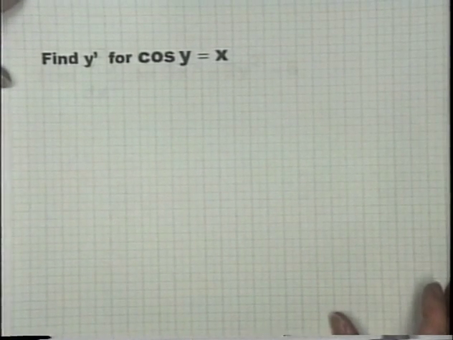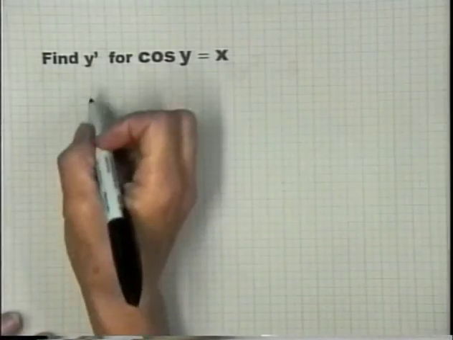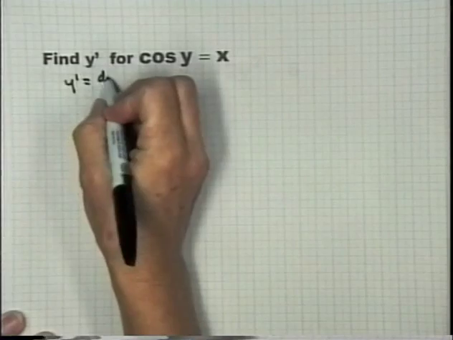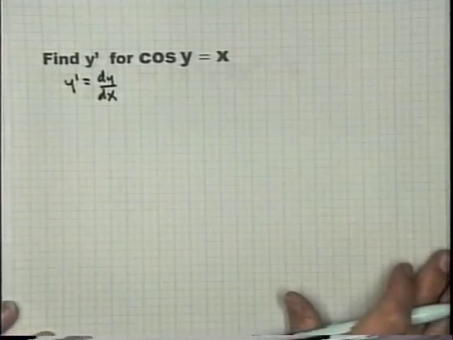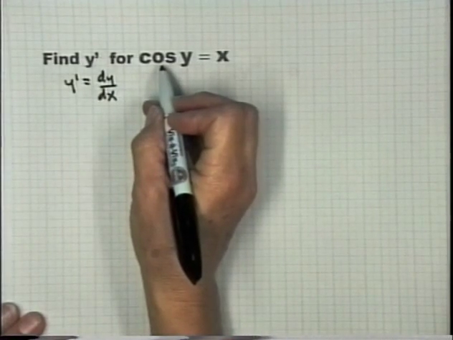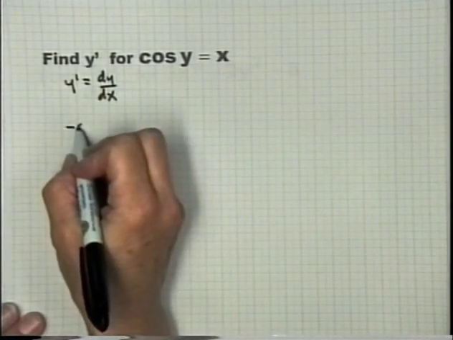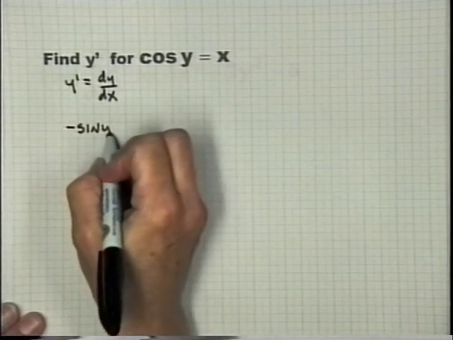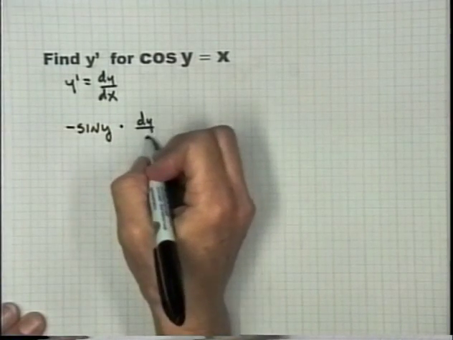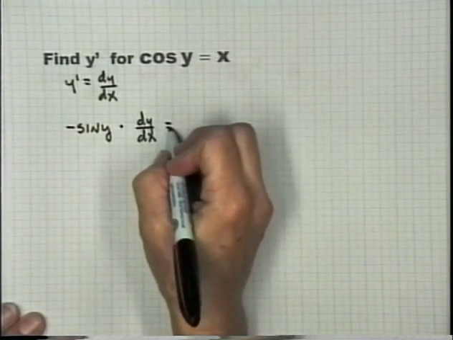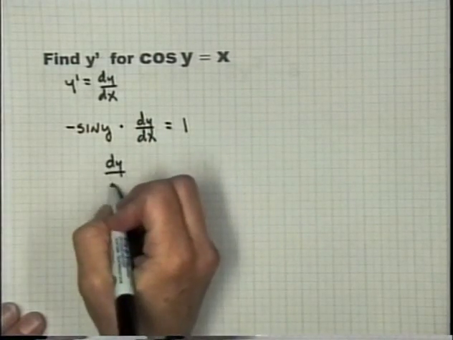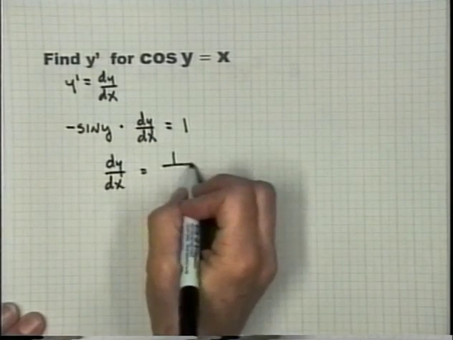Okay, find y prime for cosine y equals x. Now, since this involves x and y, we're going to assume y prime here means dy/dx. Well, I have a trig function here. What's the derivative of cosine? Derivative of cosine is negative sine. Remember, the argument stays the same. And then chain rule, the derivative of the argument, dy/dx, equals the derivative of x with respect to x, which is 1. So dy/dx equals 1 divided by